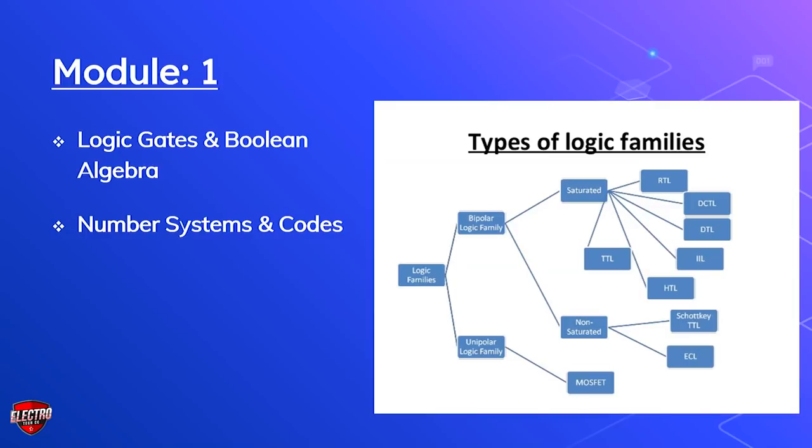Here is the summary of the types of number systems. There are various types of number systems in mathematics. The four most common number systems are given as follows. First one, that is the decimal number system with base of 10. Second one, that is the binary number system with base of 2. Third one, that is the octal number system, base 8. And the last one, that is the hexadecimal number system with base of 16.